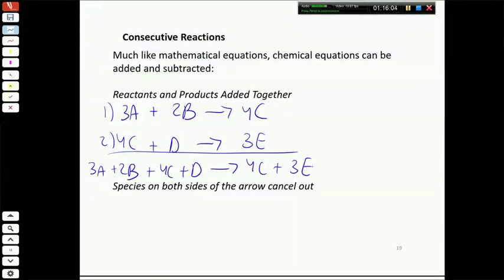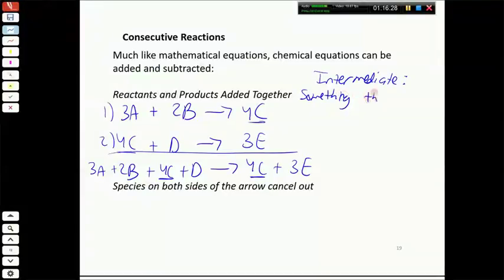But what we notice here is that in this equation, we have 4C on the reactant side and we have 4C on the product side. So something that's formed as a product in one reaction and then used up as a reactant in the next is what's called an intermediate. Okay, so this is really the only new concept we have for these consecutive reactions, the idea of an intermediate,